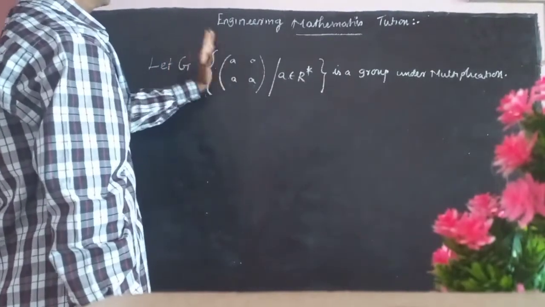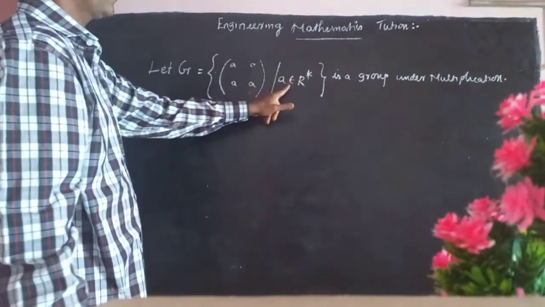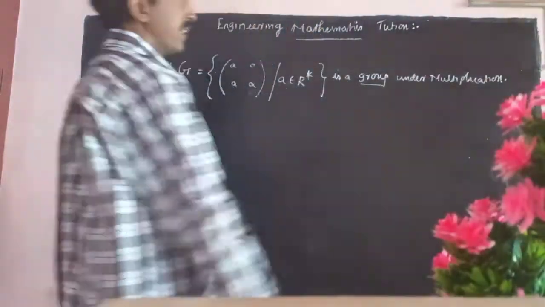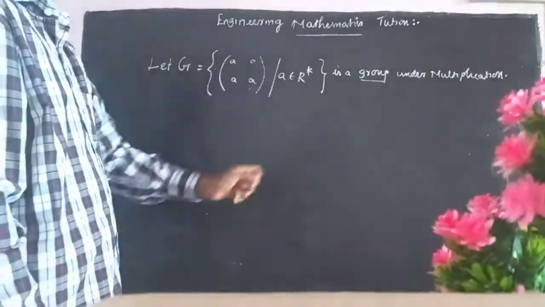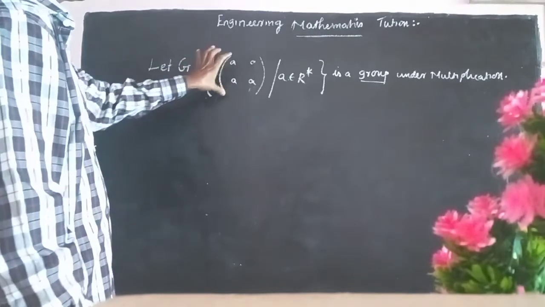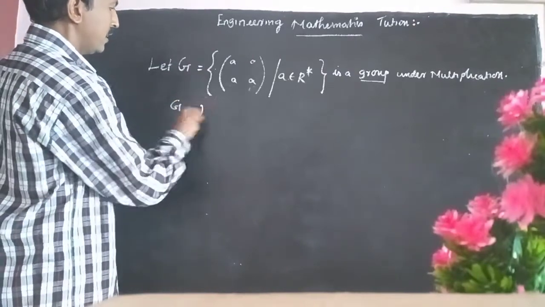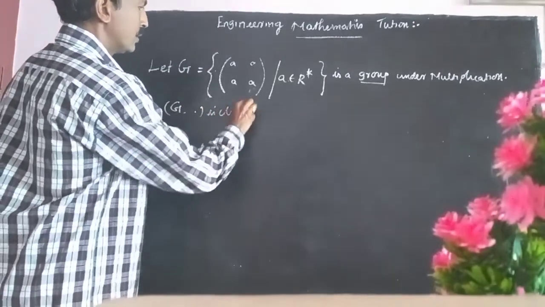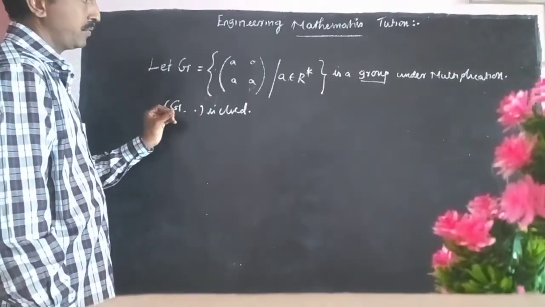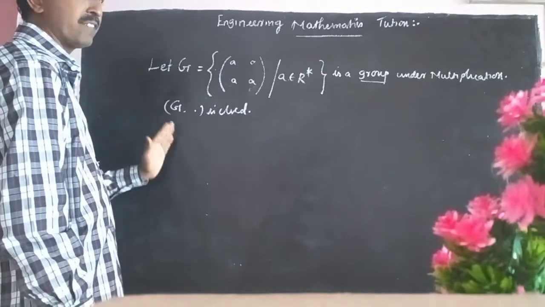So actually format என்ன கொடுத்திருக்கான், set like g is equal to set of all matrices a such that a belongs to r star is a group under multiplication. Here this dot is operator, that is a multiplication. So enough to prove this matrix, that is dot is operator, enough to prove g comma dot is closed. And second one, dot is associative. Third one, identity element exists, and the fourth condition, the inverse element exists.